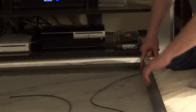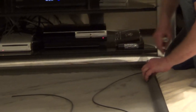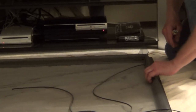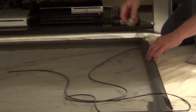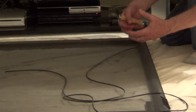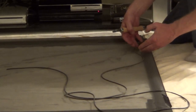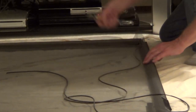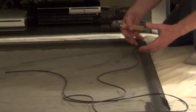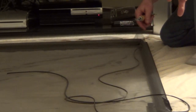Now on this side, it's a large area that we need to pull, and I'm just going to slightly pull it tight as I work my way down. You don't want to over tighten it because as you push in it will naturally tighten it, but we also don't want any waves. And if you are pushing this in and you get a little ripple in this, you can always just pull the spline out and rework it. So now we'll start this side, we'll push it in again with small strokes,